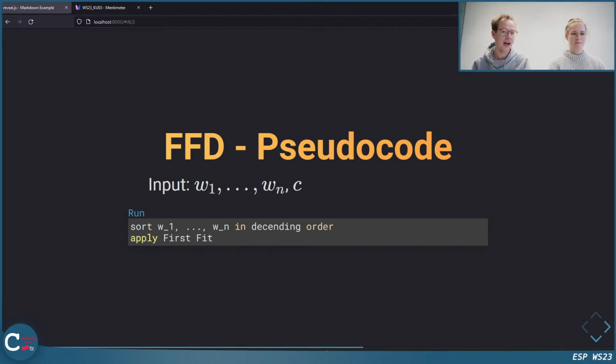I'm not 100% sure, was a sorting algorithm discussed in the lecture? I don't think so. Okay, then the first step is maybe a bit more complicated to you, but at least the second step with the first fit is now completely clear because you can just use the implementation of first fit. Okay, yeah, I think it was just search algorithms.